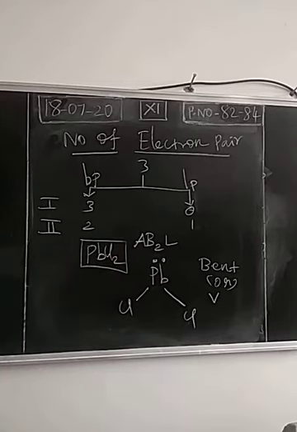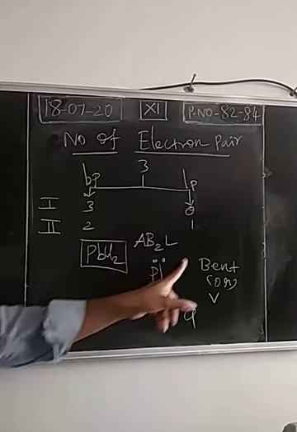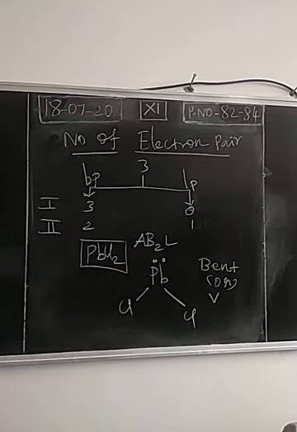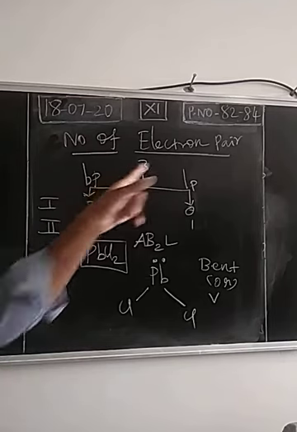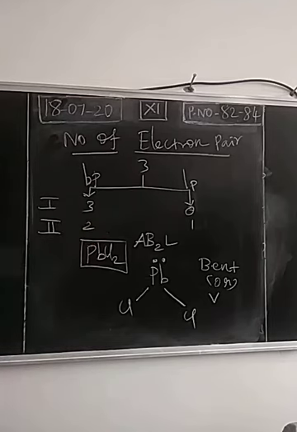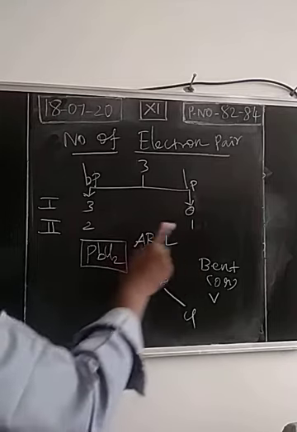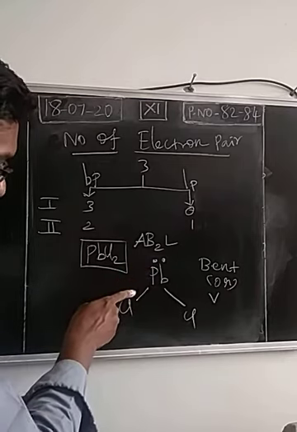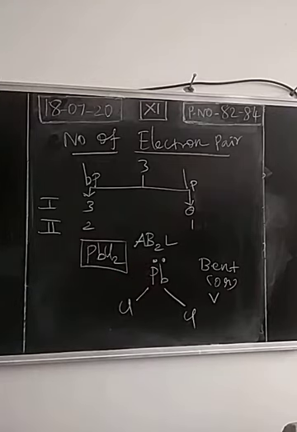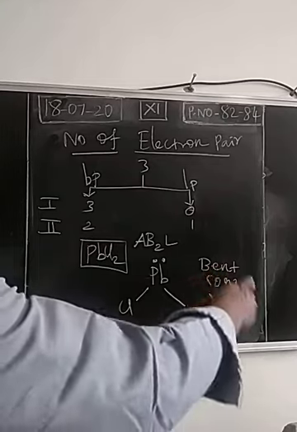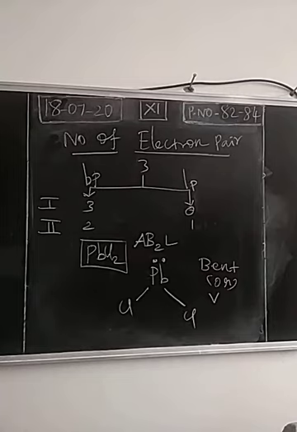of electrons. So expected geometry is trigonal planar, but due to the presence of the lone pair, the geometry is changed as bent. So this is the main concept in VSEPR theory. When we have 3 electron pairs around the central atom, what will be the expected geometry? Trigonal planar. But due to the presence of the lone pair, there will be lone pair bond pair repulsion. So due to this lone pair bond pair repulsion, the expected geometry trigonal planar is changed into bent structure or V-shaped structure. Okay. So this is valence shell electron pair repulsion theory.